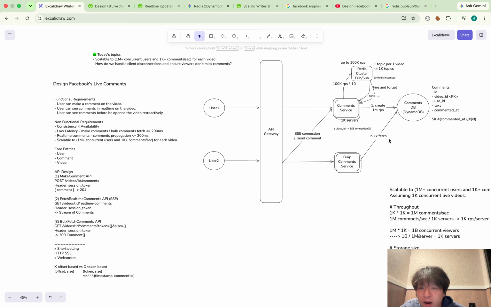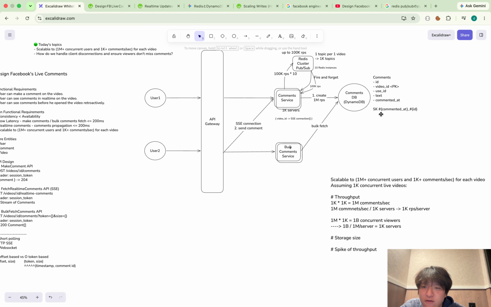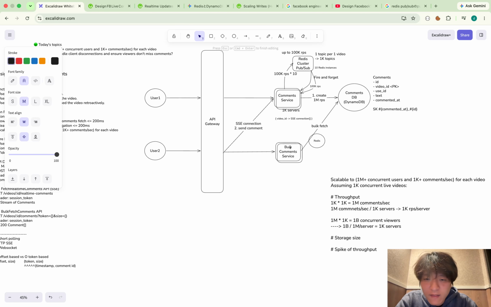And for this bulk fetch, because we put the partition key and sort key in a good way, the query is internally distributed to multiple partitions, shards in DynamoDB. So the server load is distributed. But one more thing I can do here is probably put the Redis,